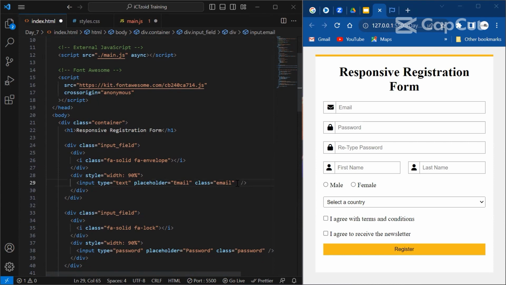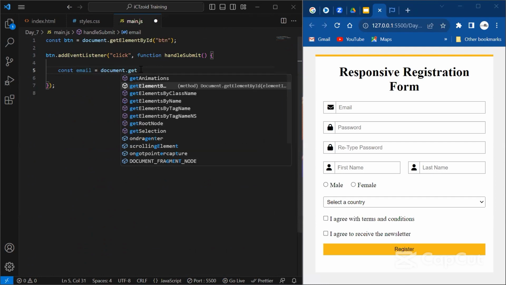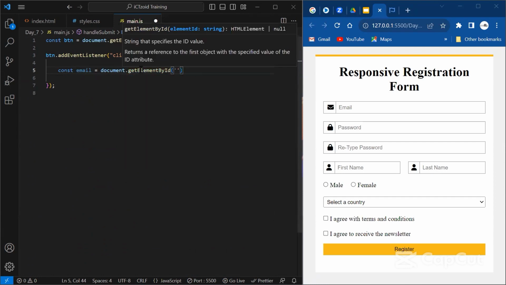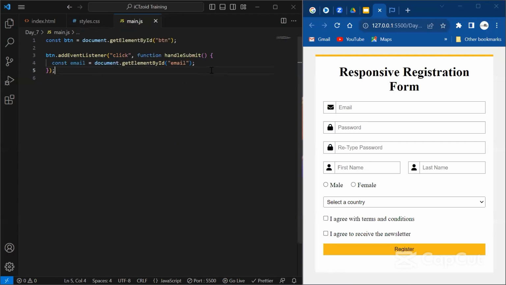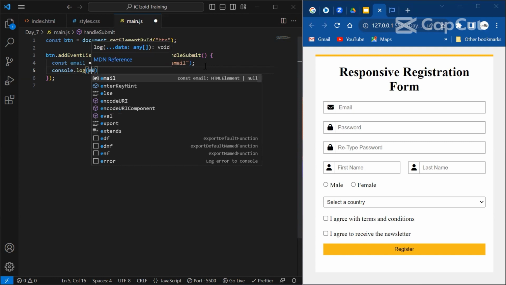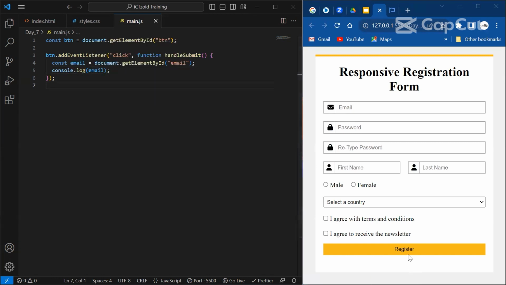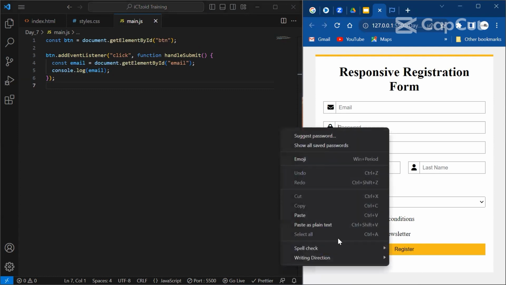Let's give it an ID as well, an ID called email, right? So now I'm going to pick that element with this ID of email. I can come back here, say document.getElementById. What's the name of the ID? It is email, right? So let me do something like console.log email. I save it. So if I click on this thing now, and let me check my console,